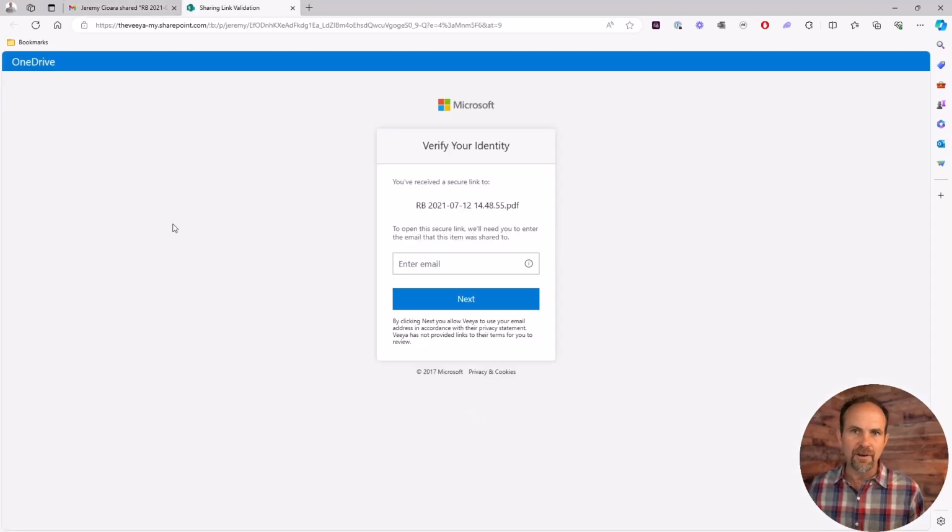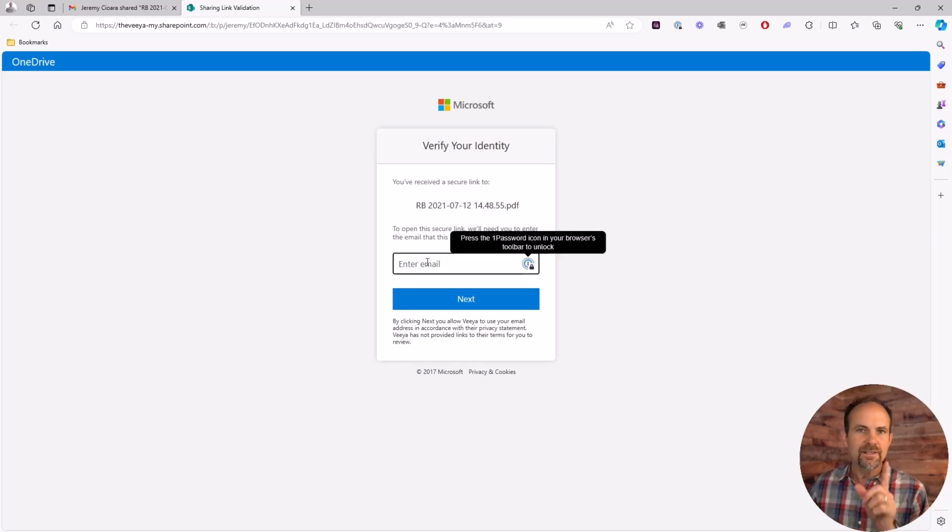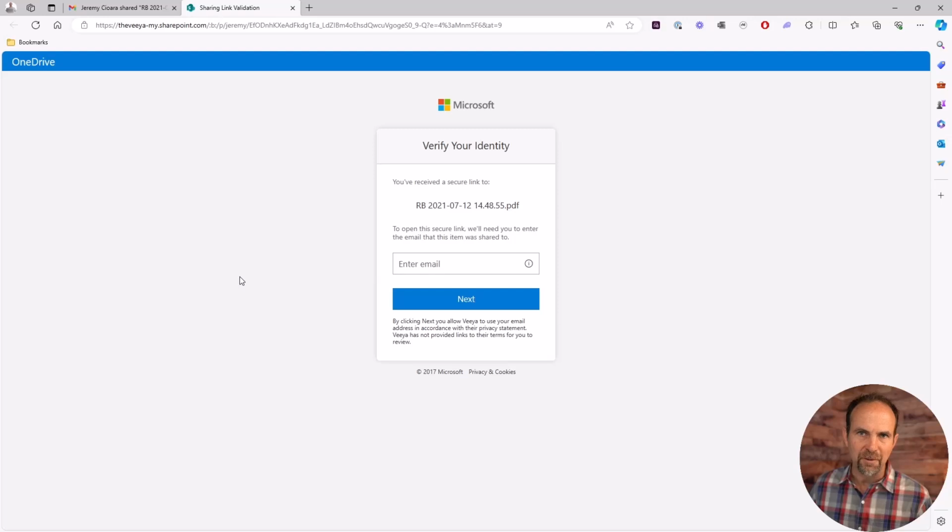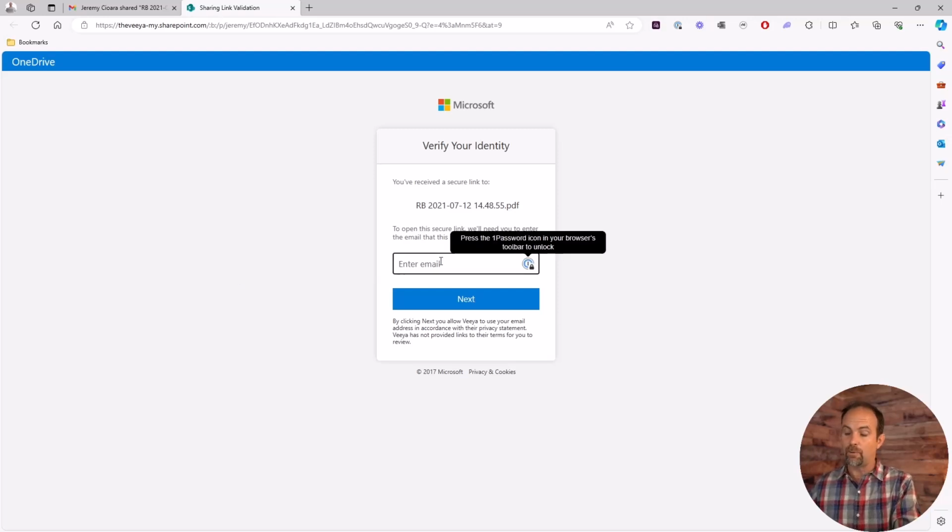It first off comes up and says, hey, I noticed you received a secure link. What is the email address you got this from? So first off, if jeremy.chara@gmail.com forwards this on to somebody else, they're going to have to know this came from jeremy.chara@gmail.com, which I know you're like, well, that's not totally secure. Well, watch this. As soon as I say, okay, well, I know the email address. It's